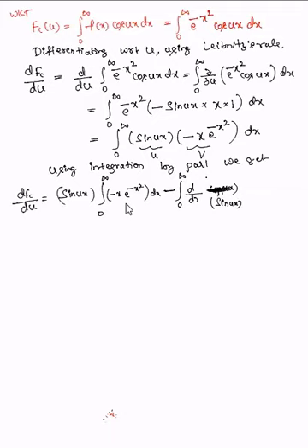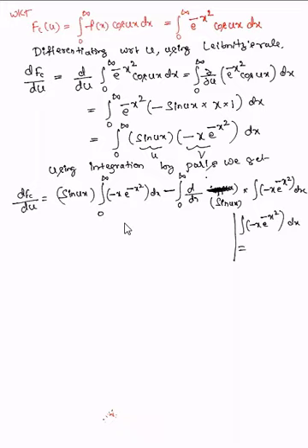Okay, d by dx of sin ux into the integration of v, means integration of minus x e power minus x square dx. Look here, it is u integral v minus the integration of the differentiation of u into integral v dx. That is the integration by parts formula. Right. So now let us integrate. So what is the integration of this? I'll do this separately. The integration of minus x e power minus x square into dx equals.